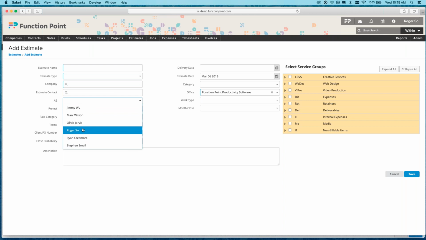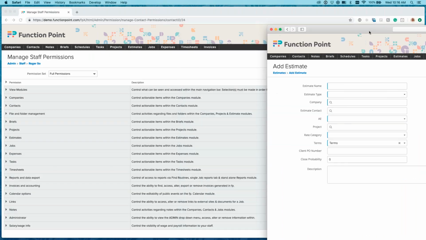The AE dropdown is actually quite unique because there is quite a bit of functionality attached to it in regards to reporting and items like that. This is actually a list that we can control so that only those individuals that are account executives at your agency, or who would be responsible for ensuring that a piece of work is completed, are available in this list. This works for a lot of our agencies that are maybe 30 users or over, and we're really needing to control that and know who's in this dropdown, rather than one of the dropdowns that has everybody's name within it. So right now we can see that Roger has absolutely everything,